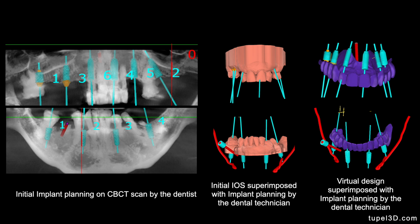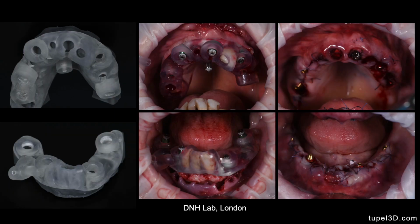So I do an initial plan on a CT scan, and then I superimpose the CT scan with the initial intraoral scanning. The technician in the meantime then will do a design of the interim prosthesis, which will be then superimposed with the initial CT scan. So then I can basically check the position of the implant, and I can correct, and then next the technician will fabricate a surgical guide,